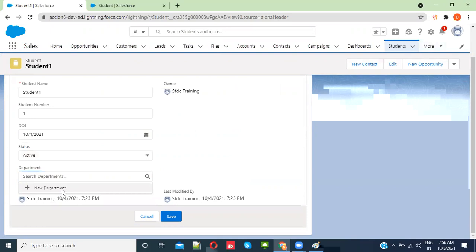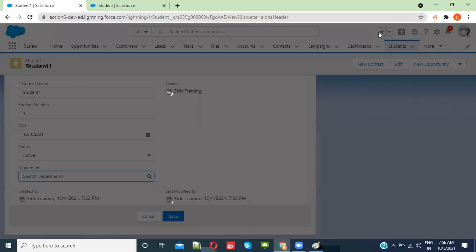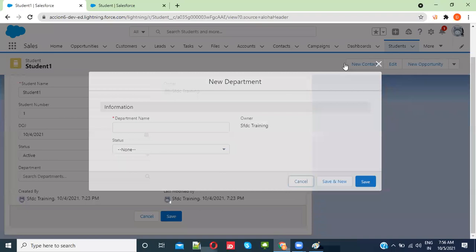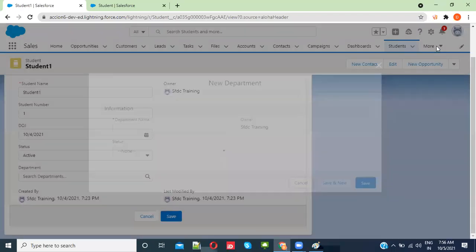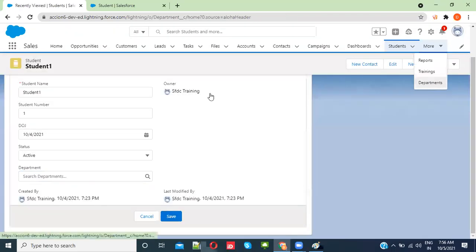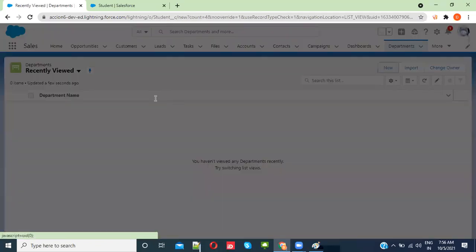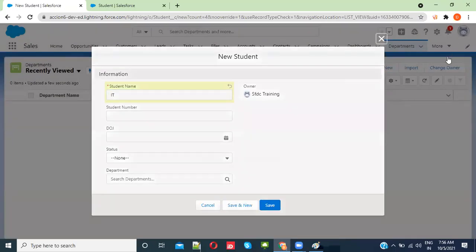From here also you can create a new department, or what you can do is go to the departments tab. Click on new department, select something like IT, students and departments.